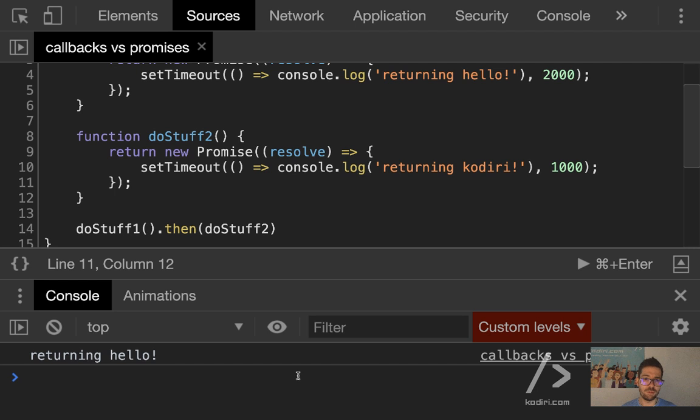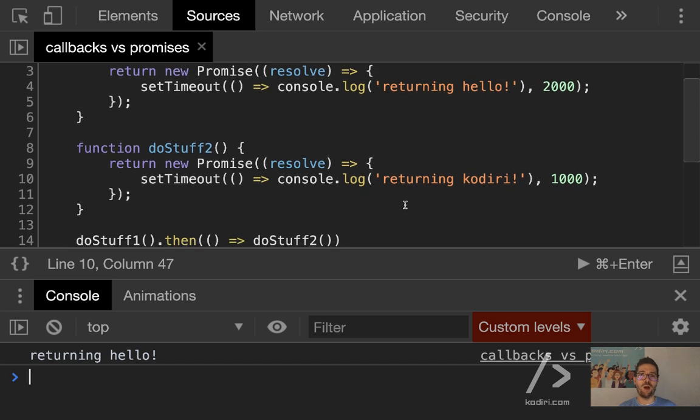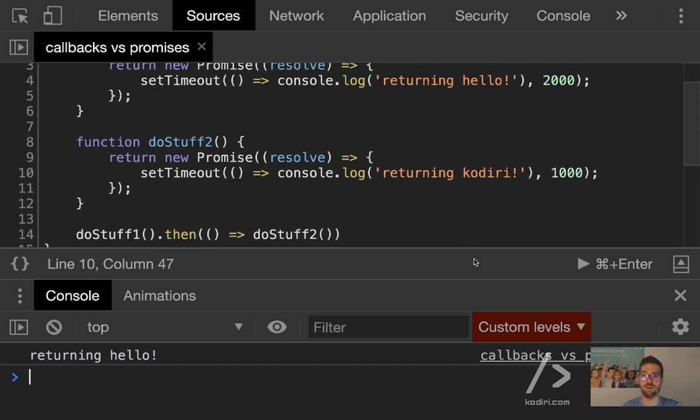Returning hello, and again our friend DevTools is not helping. So let me try to change the example a bit. Right, let's see if it prefers that one. It doesn't make any difference. Returning hello. Oh no, actually that's my fault. Wait a second. This is my fault. It's not Google Chrome's fault.